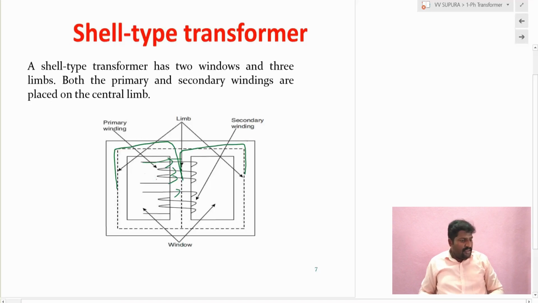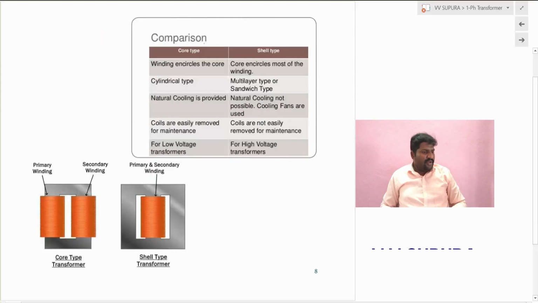If you see here, the path for the magnetic flux is two ways. This is one direction, and through this limb it is another direction. So in the shell type transformer we have two directions for the magnetic flux. If you see the comparison,